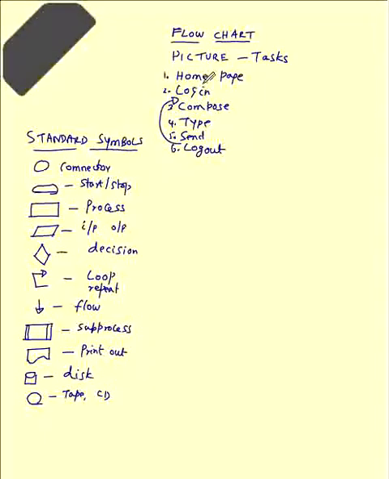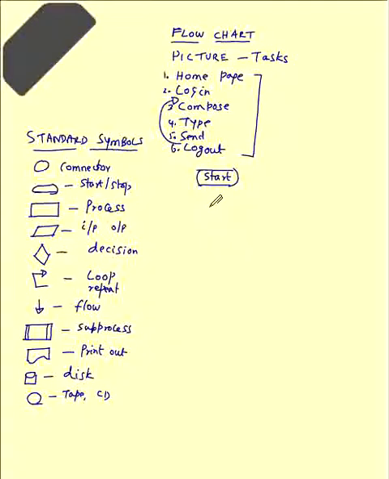Let us convert this text, whatever we have seen over here, into a simple flowchart. Always you start with this symbol, start. Then it says login. A login is an input process, right?